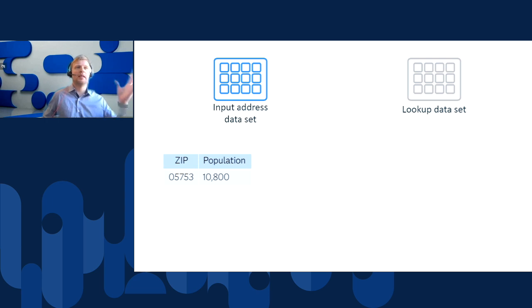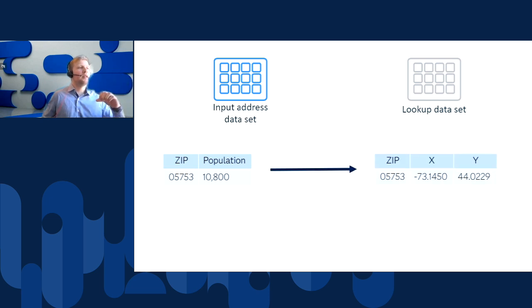Let's say we had data containing zip codes and population, and we wanted to create a map of that. In our lookup data set, we would then need information about the latitude and longitude coordinates of each zip code, and then we would match the corresponding zip codes in the input address data set and the lookup data set to do that geocoding process.